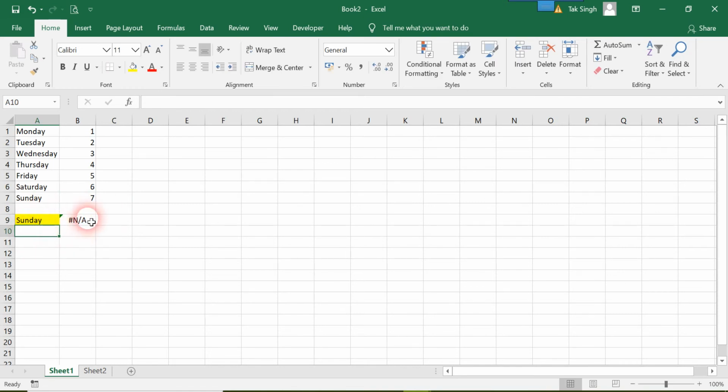So first of all, VLOOKUP functions are case insensitive. So it doesn't matter if you type small sunday or capital Sunday, it will anyway look up and give you the corresponding result. But in this case, even though we have the case sensitivity correctly matched, which is not at all necessary, it is still giving us an error. So we will study that. Over here in the formula bar it says Sunday, okay, and over here in this cell it says Sunday followed by a space between the y and a blinking cursor.